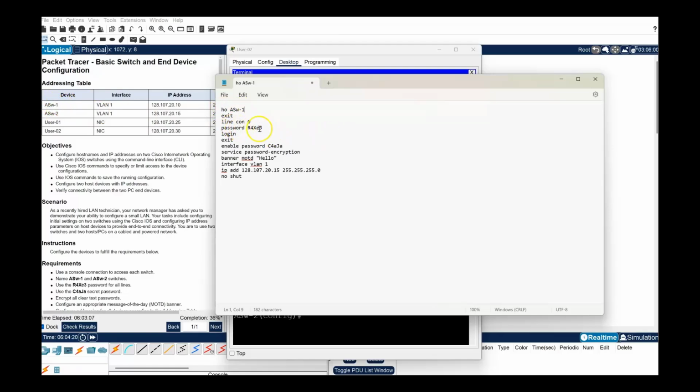Okay, I'm gonna go down here. I'm gonna keep the same password. I'm gonna keep the same banner. I'm gonna keep the interface. I'm just gonna change one thing on the interface. I'm gonna say 10. Let's see if I can change this 15 to 10. And then I'm gonna say no shut. Now that pretty much will help me configure the next